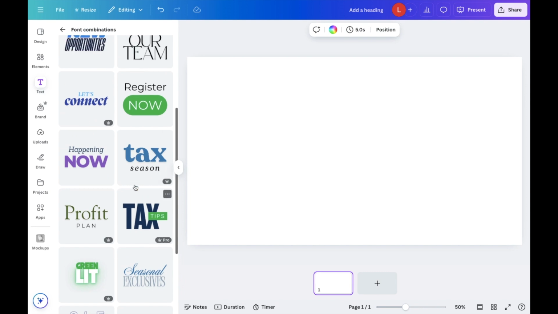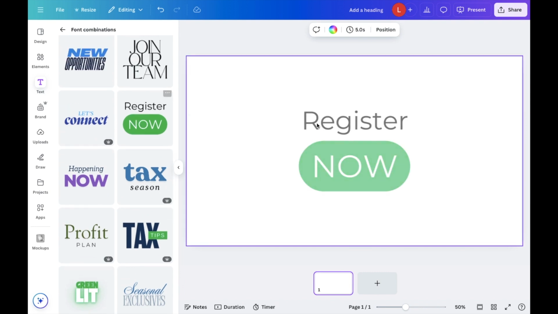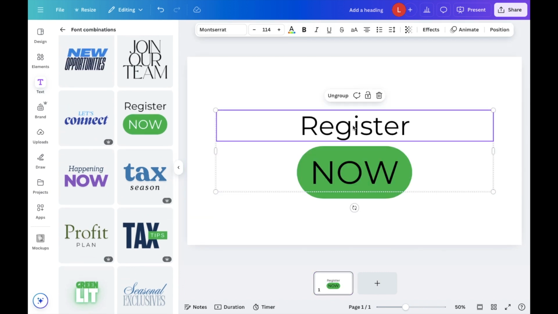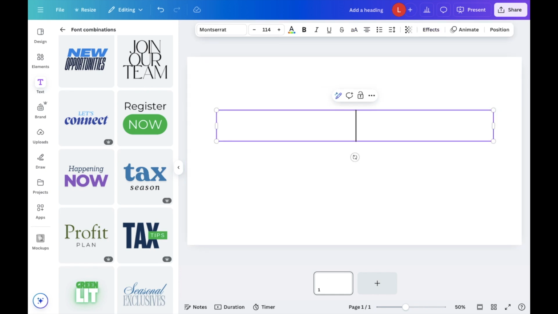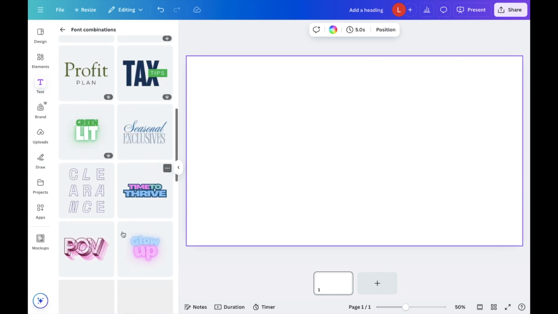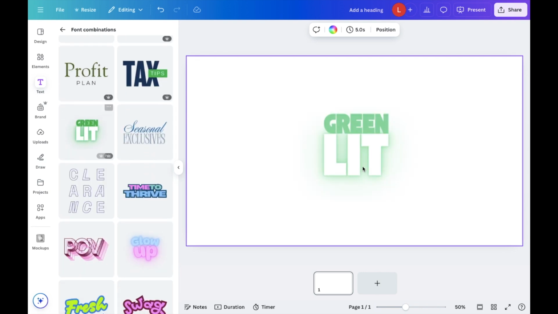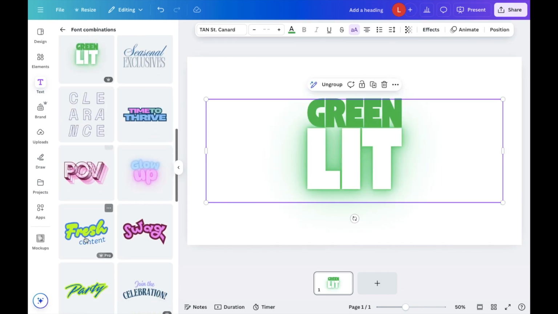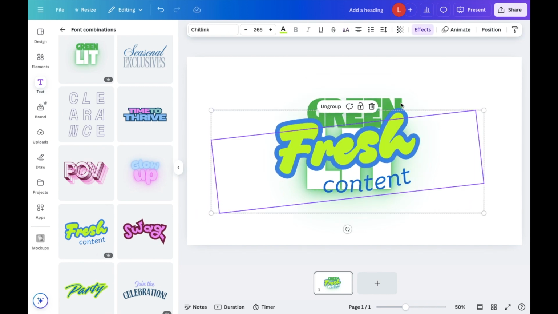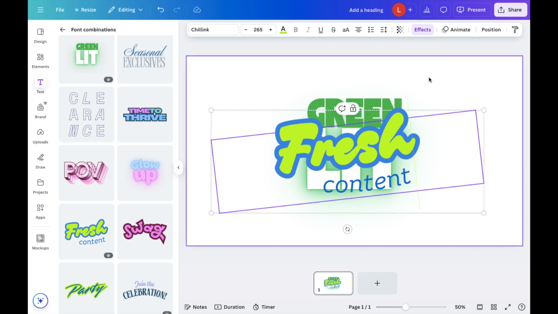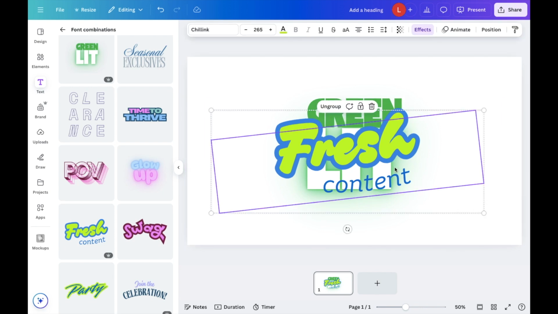So for example, if you wanted to go register now right here, you have the register font and you have the now font right in front of you guys. You can go ahead and delete that if you want. We can scroll down to where it says green lit, just like this. That's an example, fresh content, whatever the case may be. You have two different font styles that are grouped together, making it super easy for you guys to, I guess,